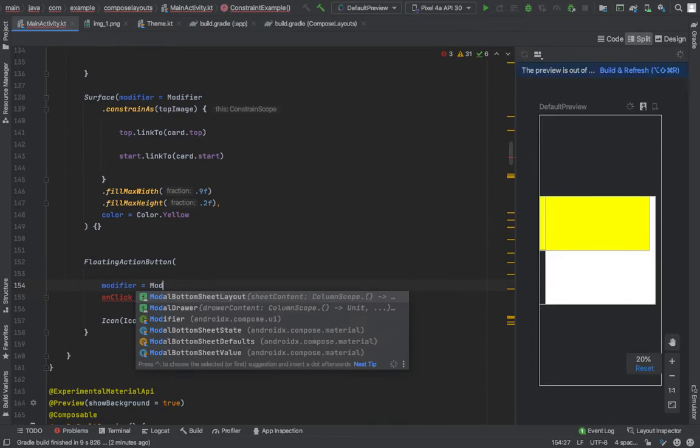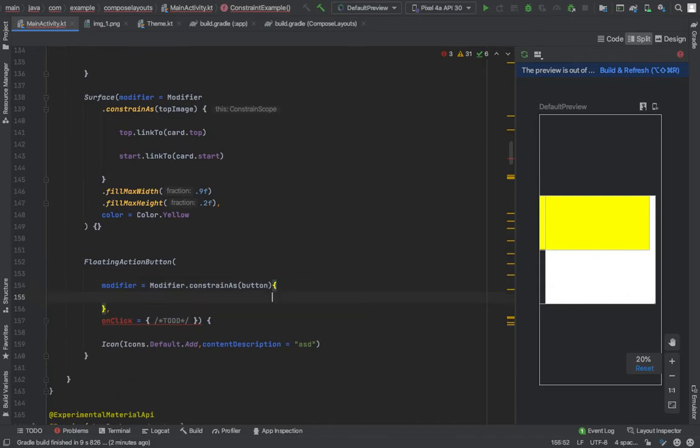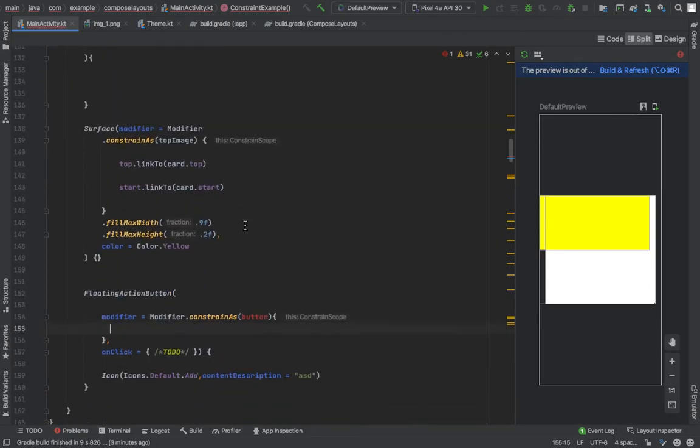So modifier dot, the same we are using again constraint as, and we need to pass the reference of this, so button, and we have to create this add button reference. Okay. So we have to define add button.